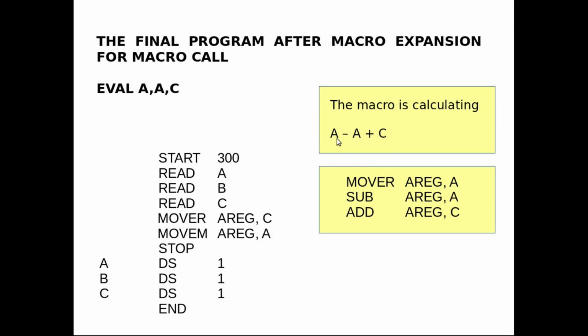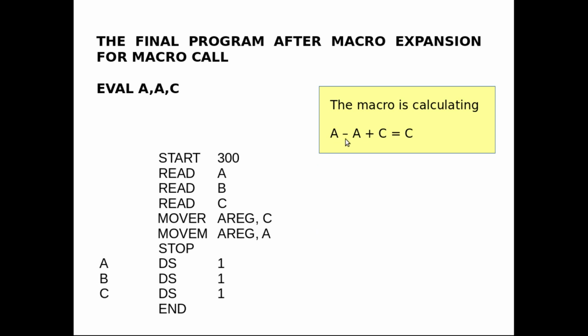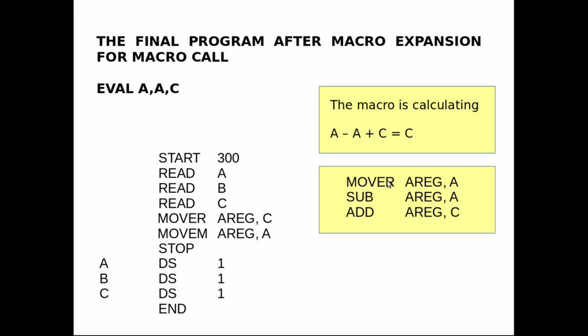as you can notice, A minus A is 0. So if A minus A is 0, this expression A minus A plus C actually becomes equal to C. So instead of using this code to calculate A minus A plus C, I can just copy C to A register.